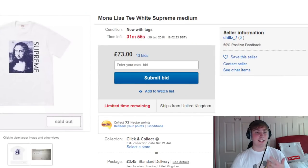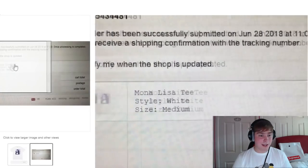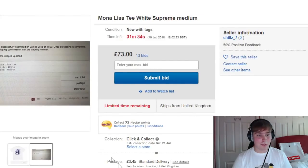So currently this tee is listed by this person. Sometimes you want to avoid people who have zero feedback. Also, he's got 50% positive, which isn't too amazing for a seller, but we're going to leave that because we're just talking about the selling aspect for this. So currently it's got a £73 bid,